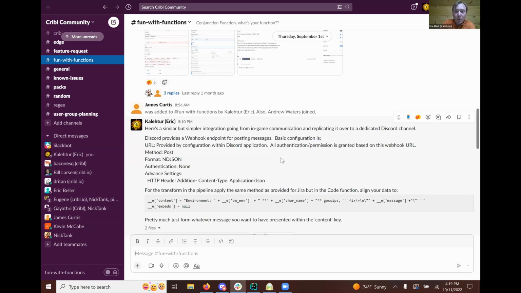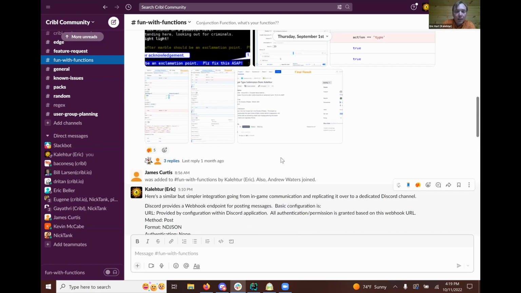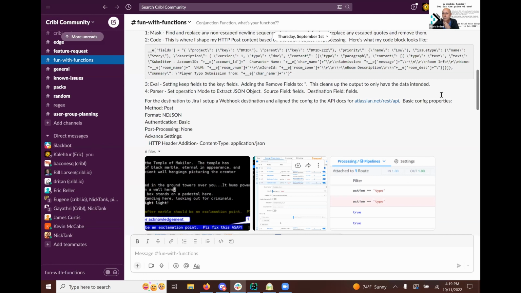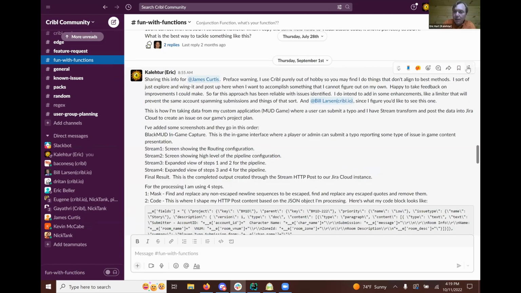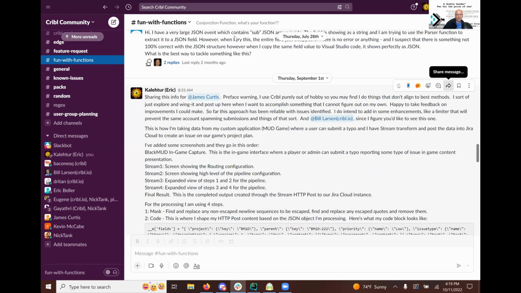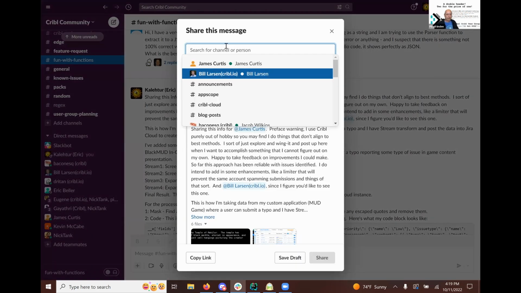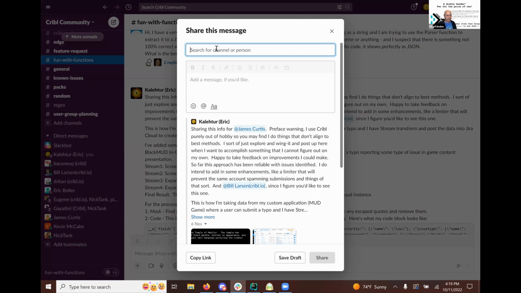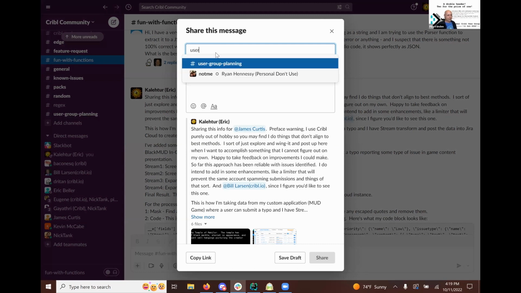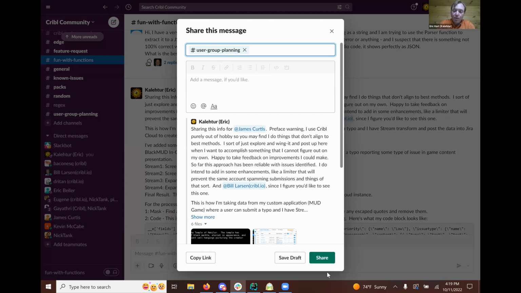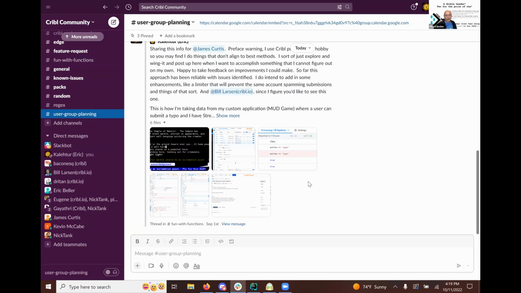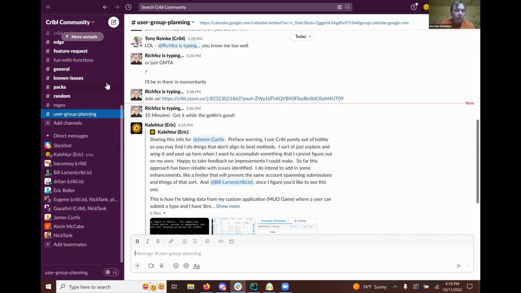Yeah, let's see which one. I think just the different integrations. There were 2 or 3 of them. Yeah, let's see. One thread, or 2 threads with different bits. I mean, just circle back around to find that and poke at it and make sure it's easy to find. User group planning. So yeah, I'll drop this into user group planning. Perfect. And then I'll do the same thing. Yeah, I got it. That'd be great. Cool.